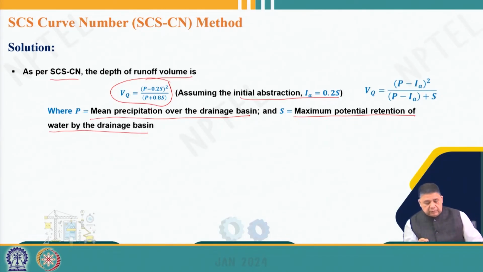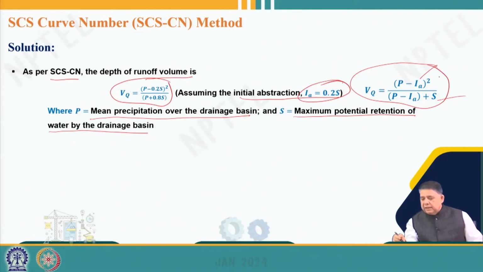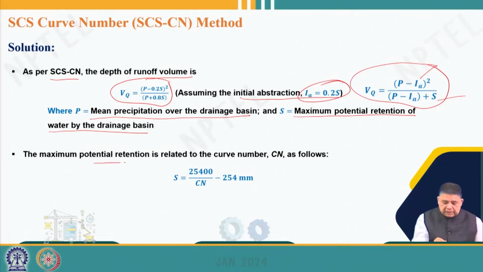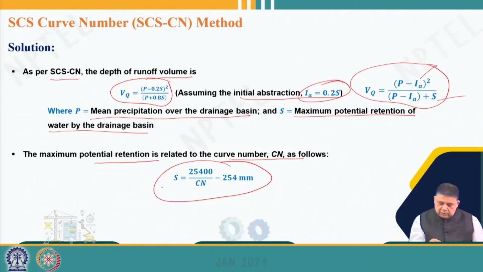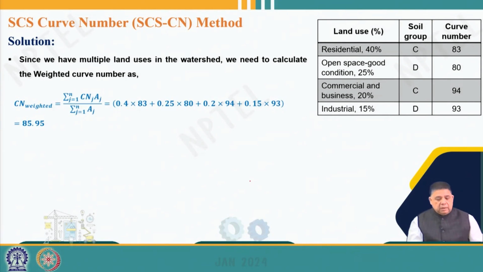And of course, we also know that this simplification has been brought by assuming that Ia equals 0.2S, then we can use this version of the formula. If Ia could be other than 0.2S, then we can of course manipulate this formula accordingly. So, maximum potential retention is related to curve number, already we know by this relationship, which will give us S in millimeters. Now, since we have multiple land uses of watershed,